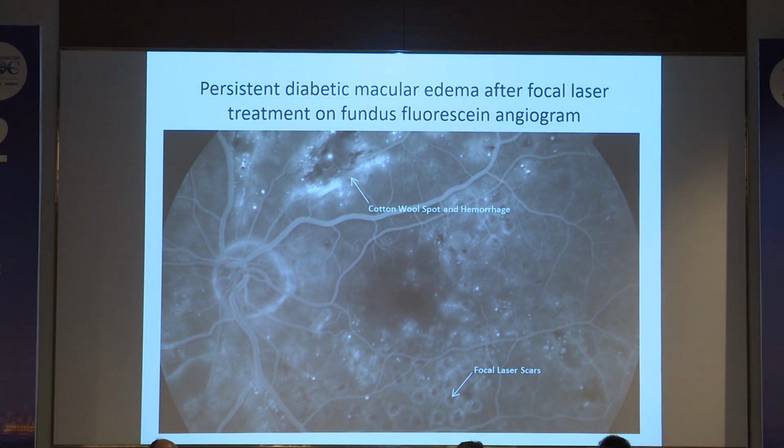These hyperfluorescent spots, microaneurysms. So many microaneurysms you cannot see by fundus examination. For that you have to do angiography, and you will see that there are more microaneurysms. And there could be a leaking microaneurysm, a non-leaking microaneurysm. If you have a fuzzy margin, that means that there is a leaking microaneurysm, and then you have to directly do